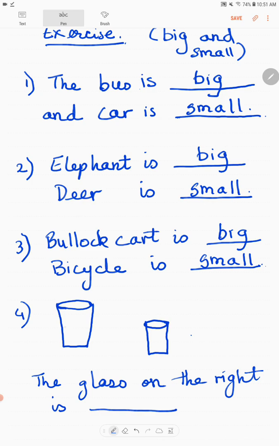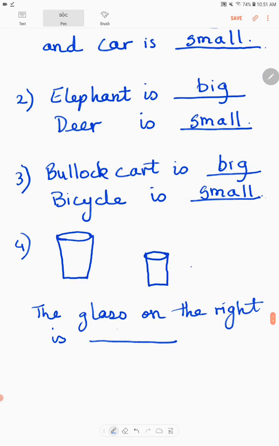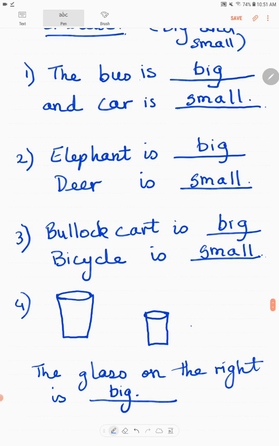Right means this side. So the glass on the right is big. So any type of questions can come, children, and you have to understand.